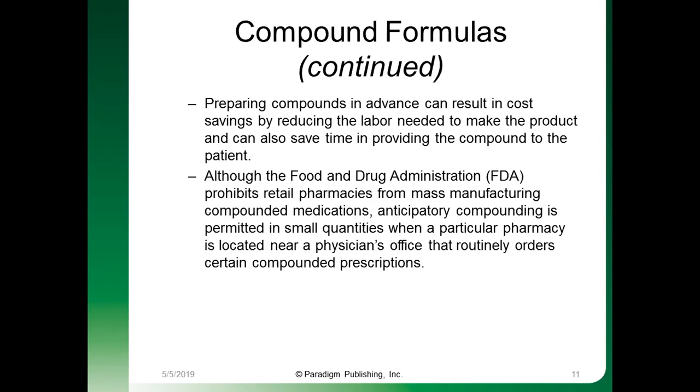And again, this is too costly for the patient. So the physician decided to go ahead and send that prescription to the local pharmacy. And again, because of the FDA, that retail pharmacy was able to go ahead and compound this medication